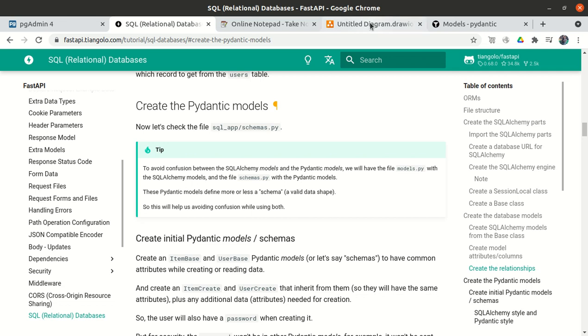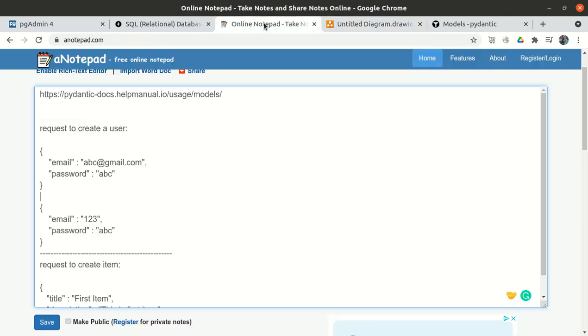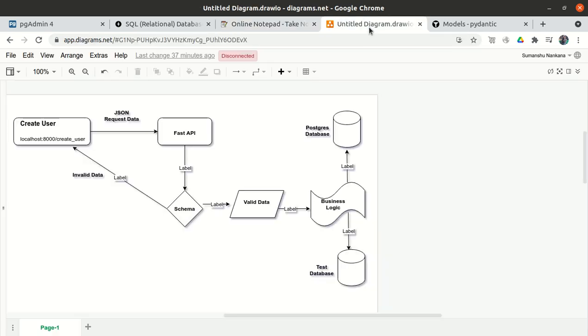So I have to accept the data from the user, and I will use the Pydantic approach. Within the Pydantic approach, when I create the function, I have to accept whether the particular field is of which type, that is, of which schema type. Whether it's an integer or a string, but this is not even an integer or a string, this is of this type, it should be first email then password, it is of a particular type. So for this type we have to define the schema. As part of this video we will look at the Pydantic schema.